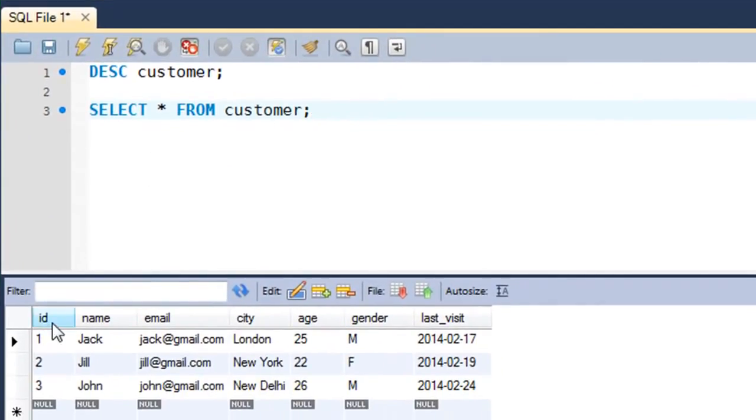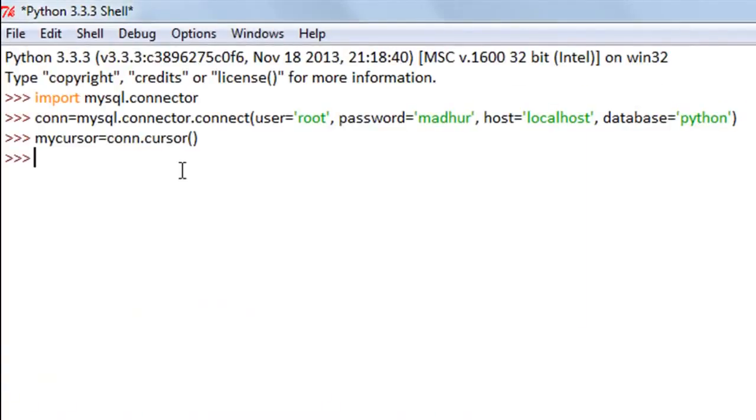So the ID field is the primary key for this table, and it obviously will take different values for each row. So it has the values 1, 2 and 3, and let's say I want to change the age of Jill from 22 to 24. So the way I'm going to do that in Python is by using the myCursor.execute method, and the